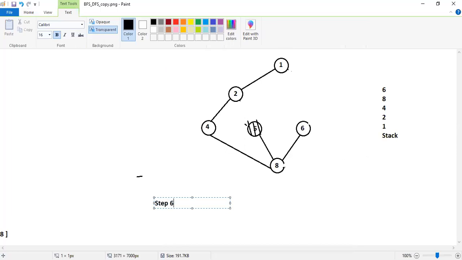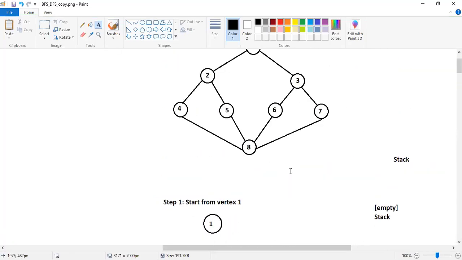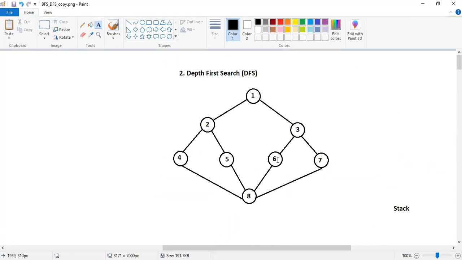6. Step number 7, right? Yes, step number 7, explore vertex 6. Now 6, if you look into the main graph, is connected where? 3 and 8. 8 is already visited. Now I should visit where? 3.